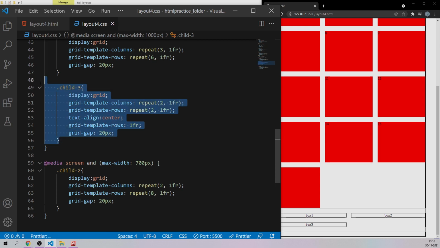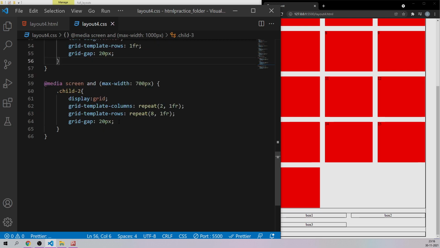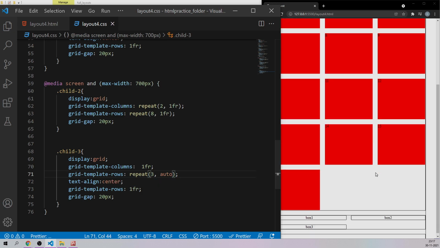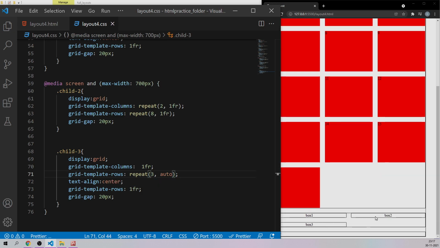Let me just grab this whole code, and I will say if it becomes less than 700 pixels, then we should have only one column, one column which takes up the entire column itself, so only one FR, and we should have 3 columns of size auto like this. Automatically it is going to take whatever size it needs.